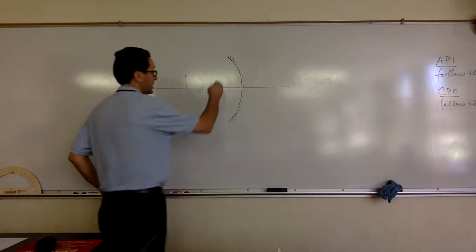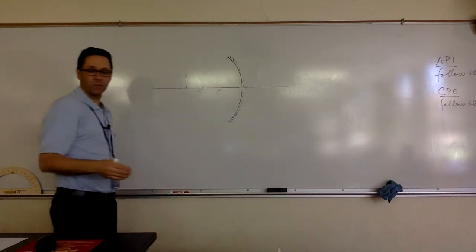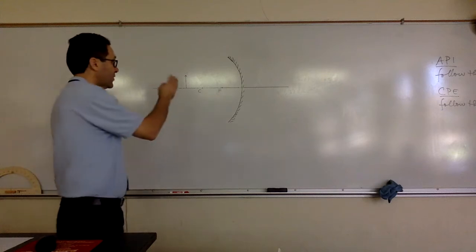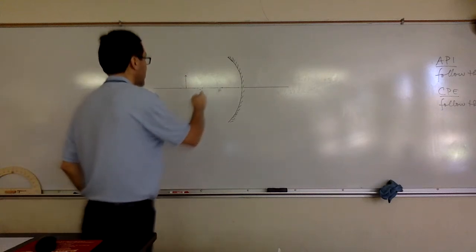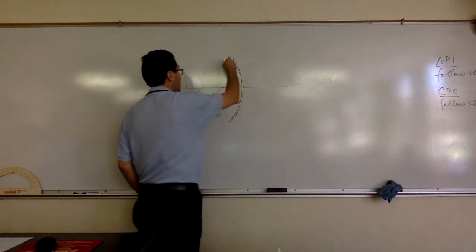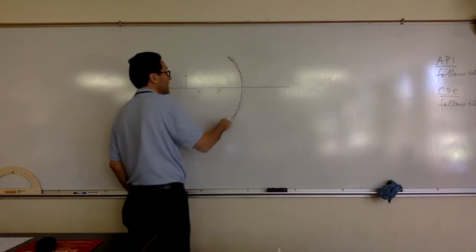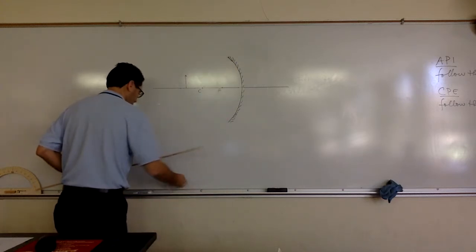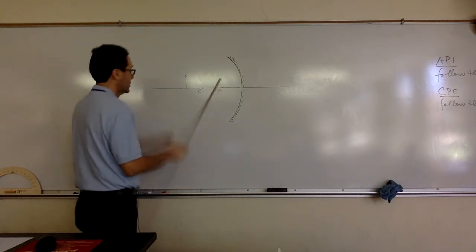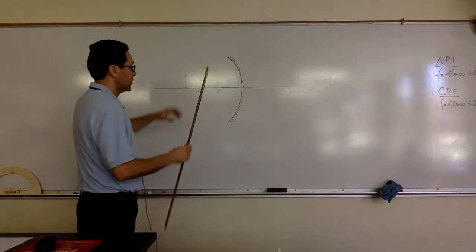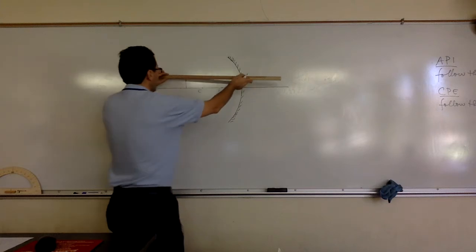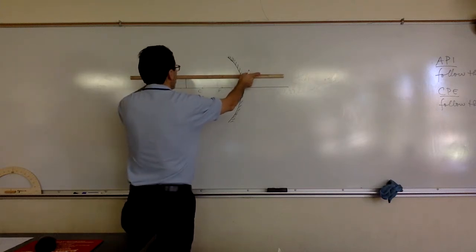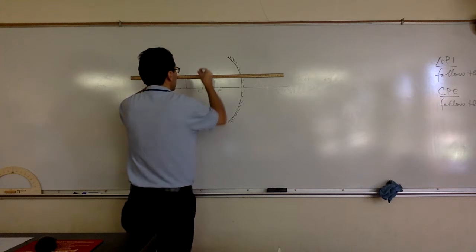Now we're going to have a mirror that's kind of curved. And I'm just going to do this with the concave mirror first, and then I'll do convex mirror. So a concave mirror is where the reflective side is on the inside. Okay? So now, the way we draw the image of this object, so this arrow here is the object. So anything that's coming from infinity, basically, that's coming parallel to this principal axis here,